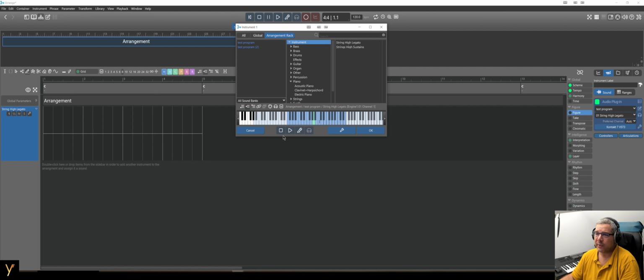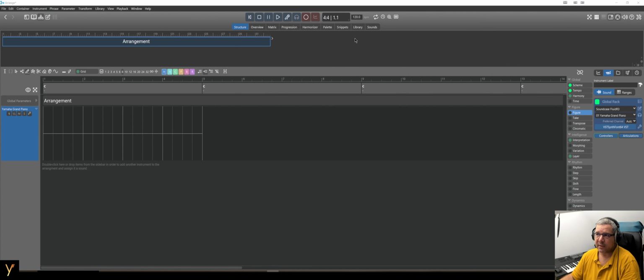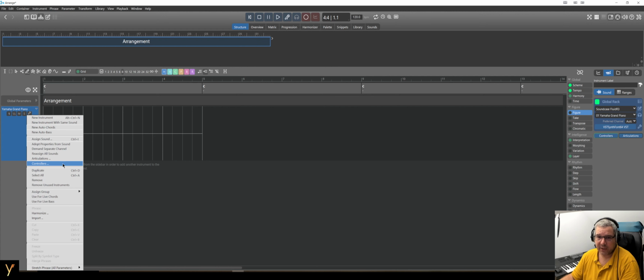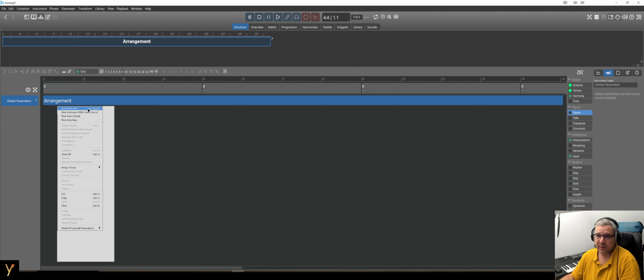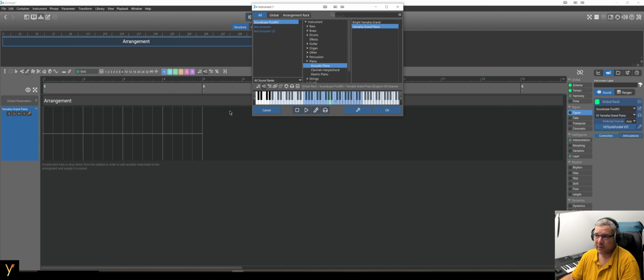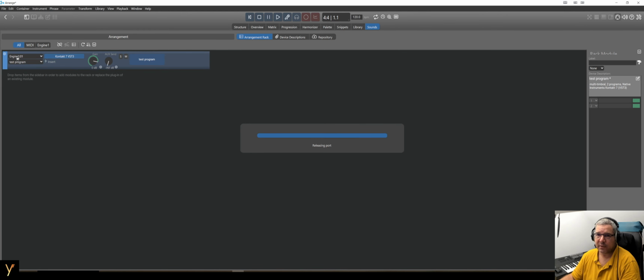I'm not sure why we cannot see it here. I think if we click this wrench here, maybe that's a good way to do this, but there's another way. If we remove it here again, and of course I have to remove it here from the sounds first, sorry. If there's nothing loaded,